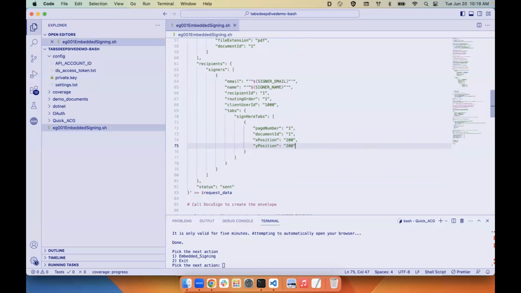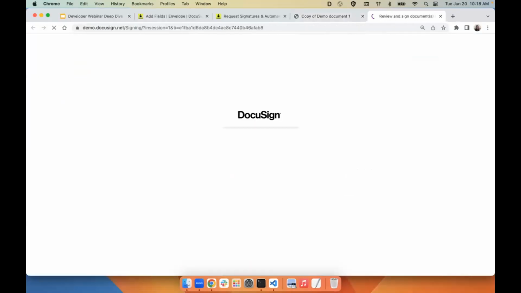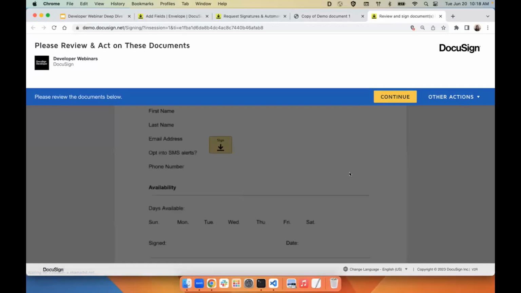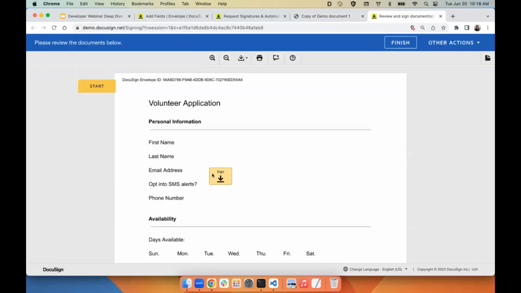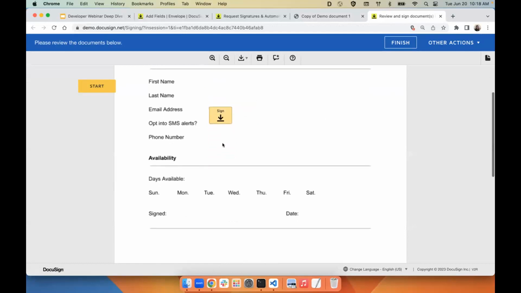And hopefully that will be all we need to get this tab in our document. So let's run the embedded signing script again. And if everything went as expected, once this loads, okay, so the sign here tab is here, and this is 200 pixels on the y-axis and 200 pixels on the x-axis. And this is obviously not where we want this to appear,